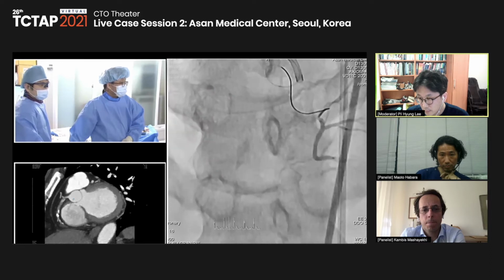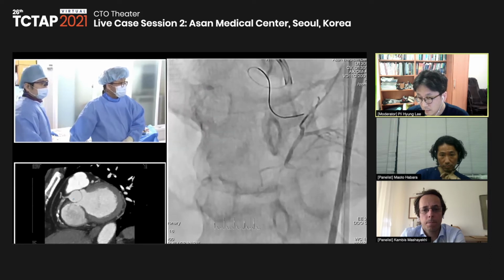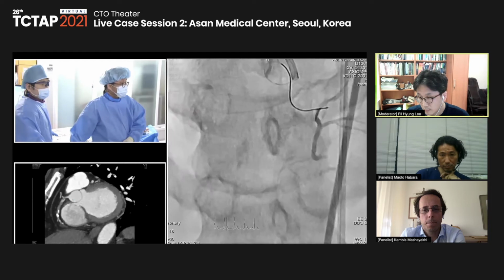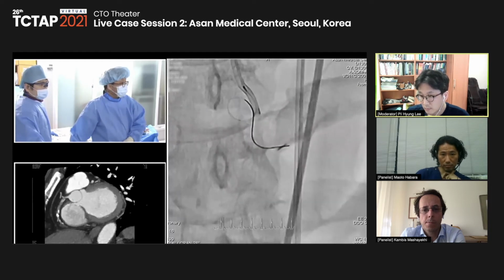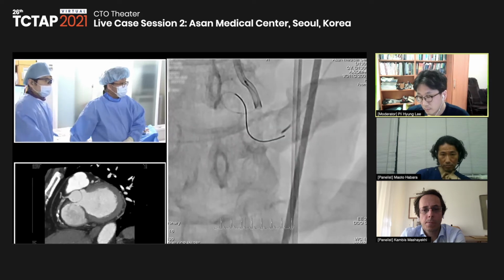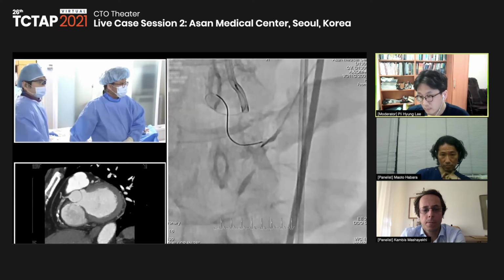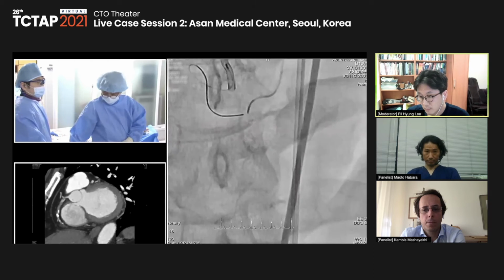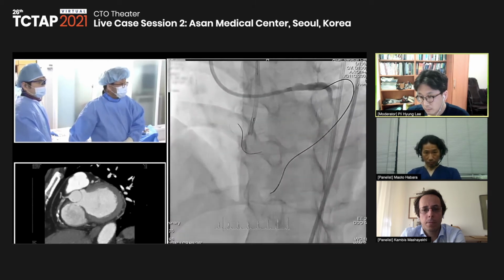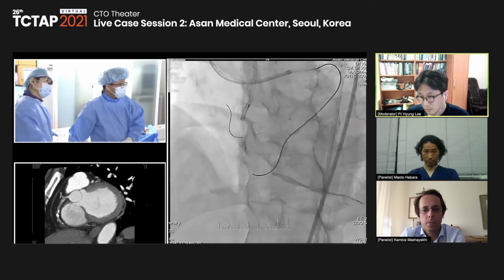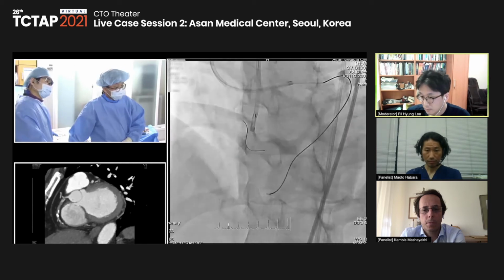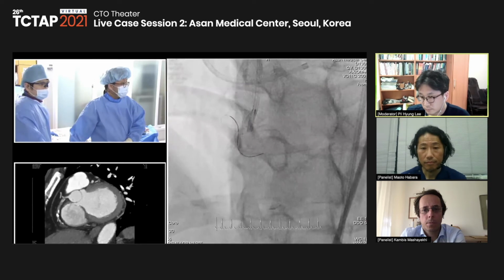And using several different wires, including Suoh 03, Sion Black, and Sion series, I finally negotiated to the proximal portion of the posterior lateral branch. And after I advanced the wire and the microcatheter toward the distal RCA, like this,